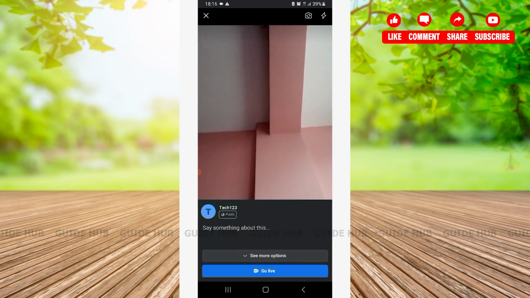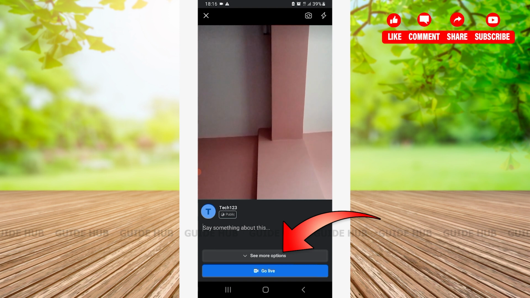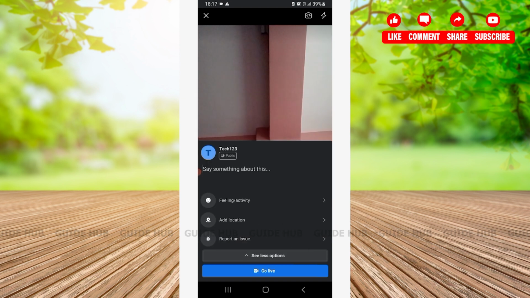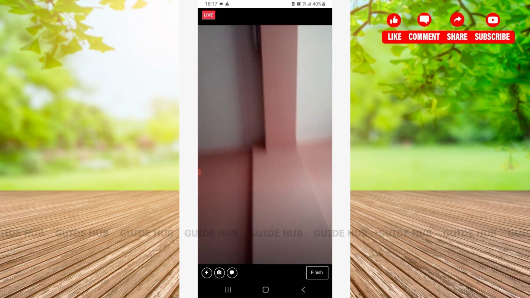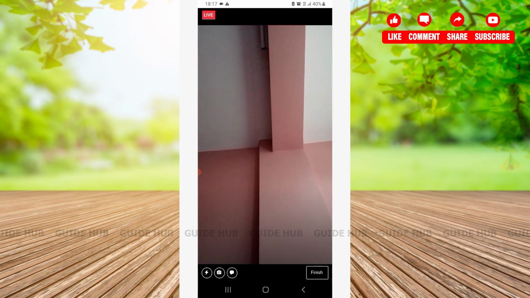After that, you'll be on the page where there are about 3 options. The first, where you can write something about your life, and there is a see more options, and at the very end you can see the option go live. From here, if you tap on the see more options, you can see 3 options. They are feeling, activity, add location, and report an issue. Since this is not of our concern, we will be moving on, and from here we'll be tapping on the go live option. And just like that, as you can see, you have successfully gone live on your Facebook